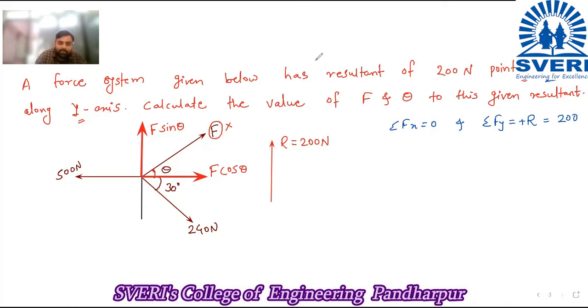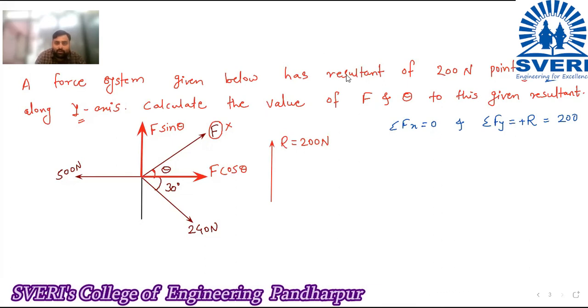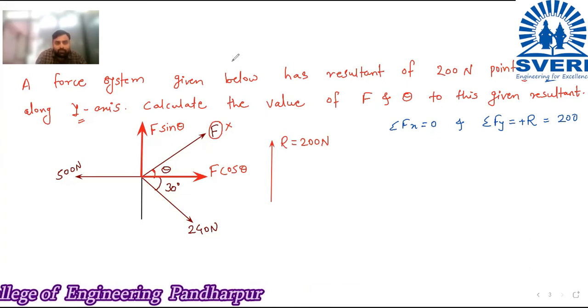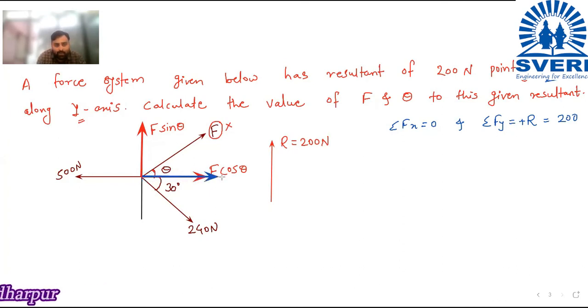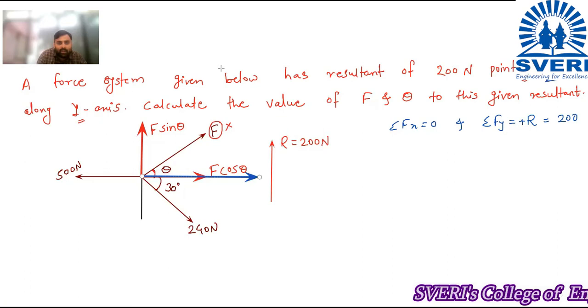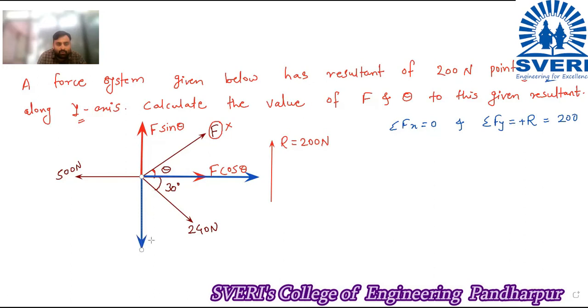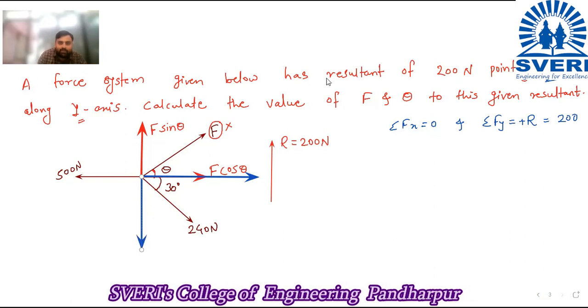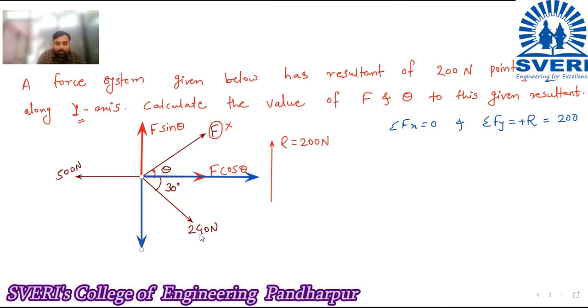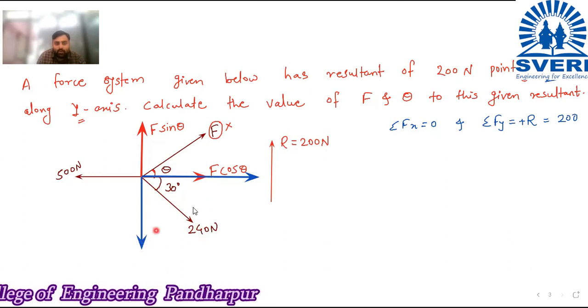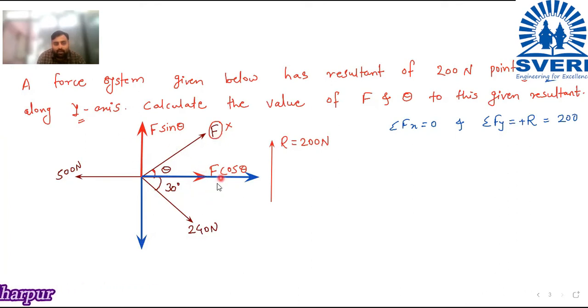Now the second force which is of 240 Newton. I am going to resolve that force also. So for this force of 240 Newton, again this is the point of contact. One component is parallel to the x-axis, and another component is parallel to the y-axis. So this is the resolution. Always check that your main force should be in between your components. Here also, in between your two components, your main force is there.